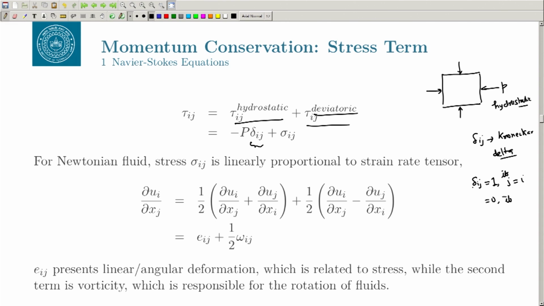If j is equal to i, then it is 1, and if j is not equal to i, then it is 0, right. So if you use this relation, you will see that with delta ij, the pressure will only act when i equals j. So then, if you write the stress term tau ij, let us say for only the hydrostatic part,